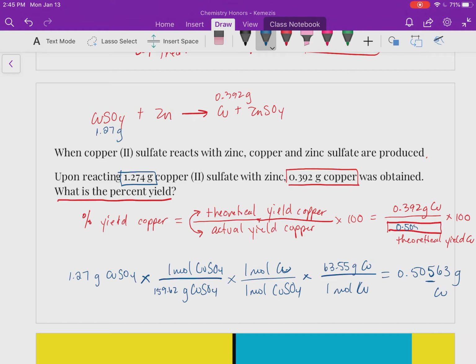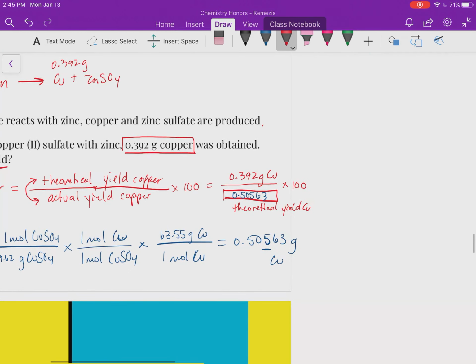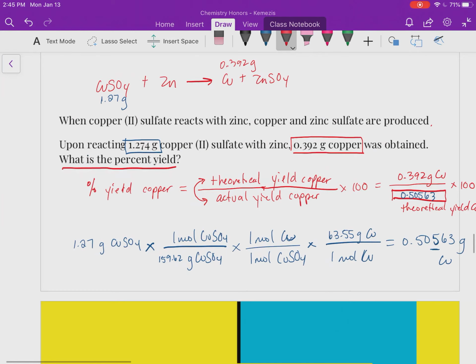So this, we're going to have a less than 100% yield, which is normally the case. Sometimes you can get over. We'll talk about that later. But 0.392 divided by 0.50563, we got a 77.5% yield of copper. Okay, so we're just adding to our understanding of this dimensional analysis and realizing that we don't always get a 100%